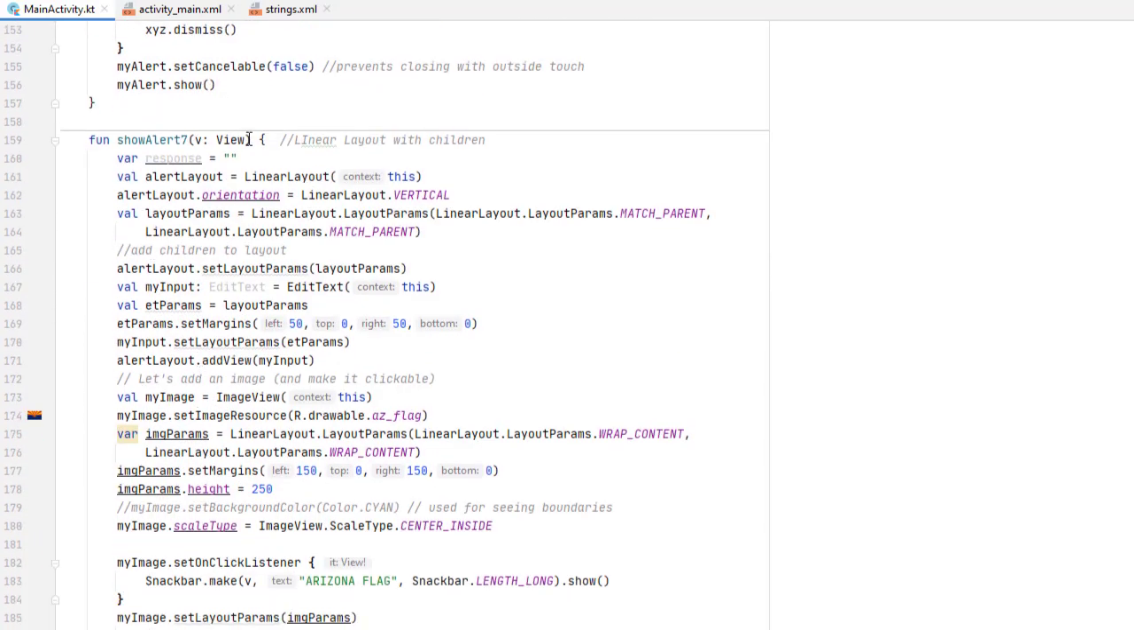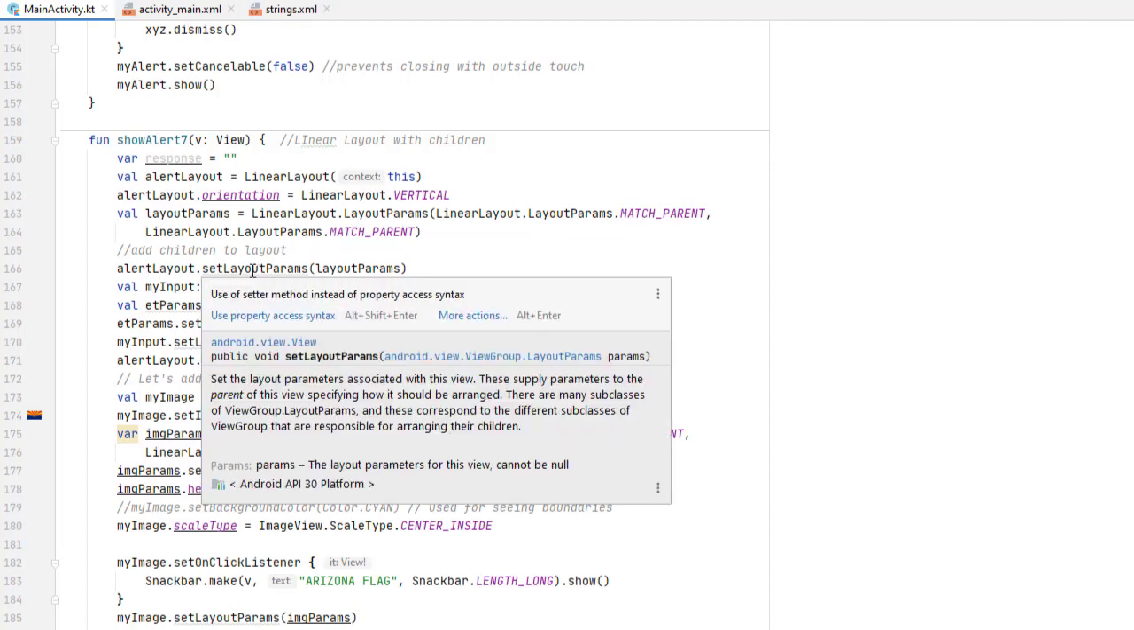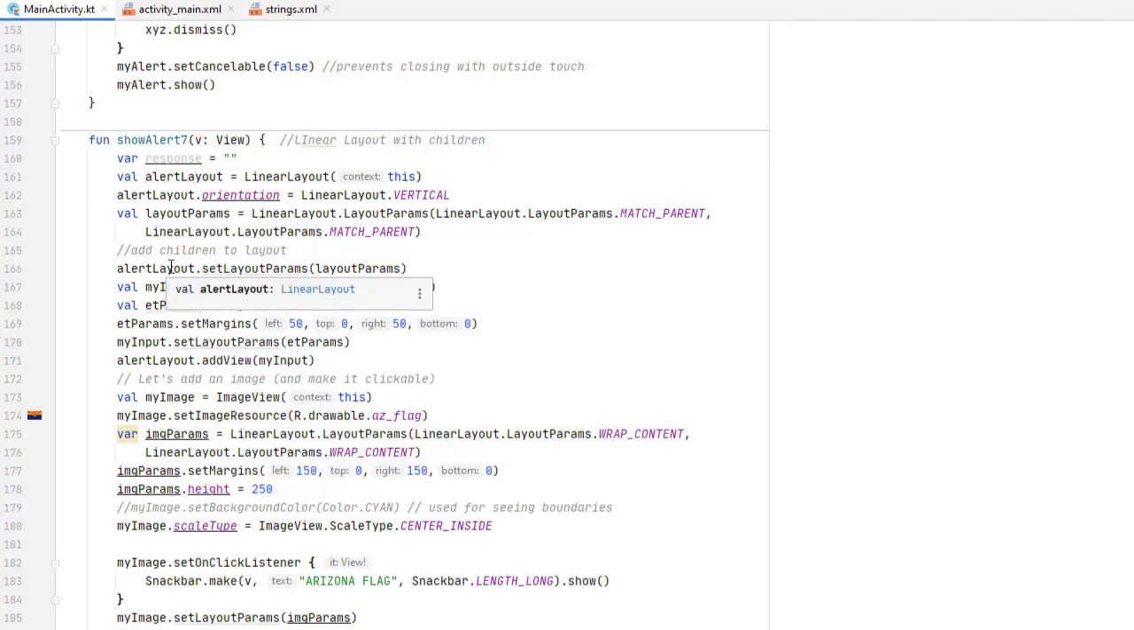So alert 7 then is where I wanted to take a linear layout and have multiple views. So no different than what we saw for doing the edit text, but here I created a linear layout, which I called alert layout, gave it an orientation of vertical, set the layout params, again match parent both height and width, applied those params to my alert layout, and then I added some children here. My input is that edit text we saw earlier. So again, I'm going to create some params,